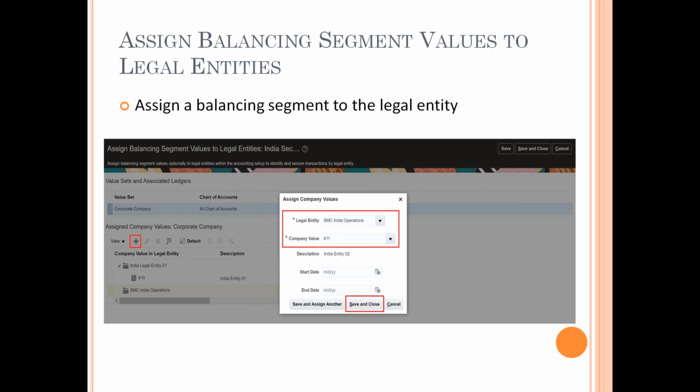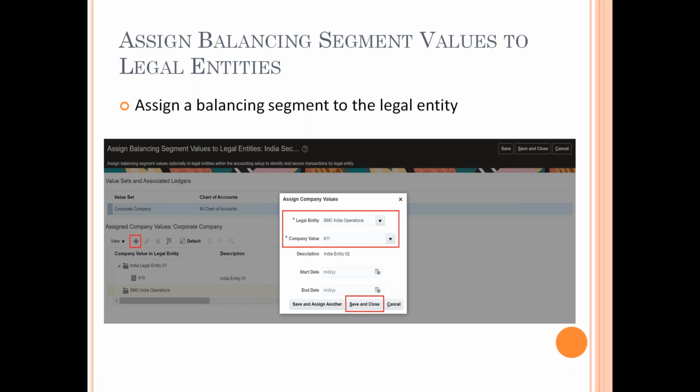Yes, sir. So in this case, for this India ledger, this India chart of accounts, there are a couple of segments, and they have used the standard company value set, and this value set has a couple of values for India. So we are just using one of them. That's why the name is typically like this. Ideally, this name should be equal to LE most probably. Correct? So we will go there, Anup, and we will assign it.